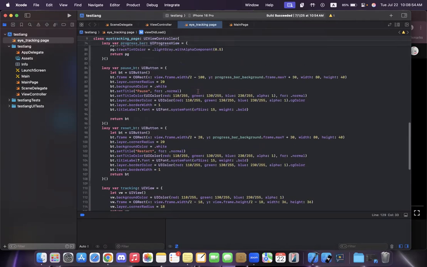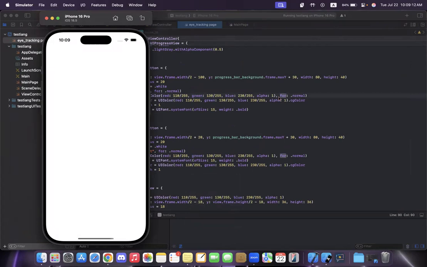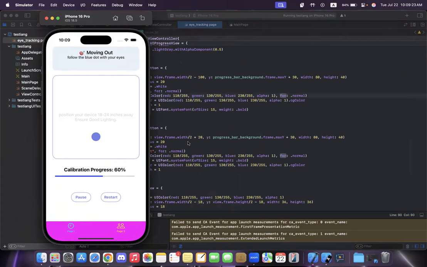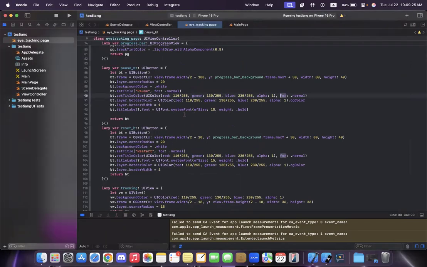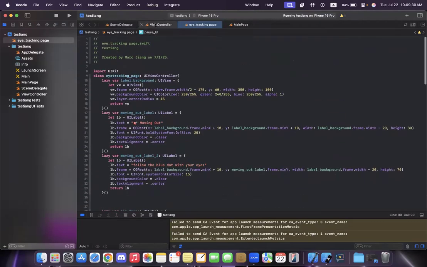So I guess that's this page. Can you run it first to see where we're at? Yeah, let me run it. Okay. Good job. I like this gradient. Good. I think we just